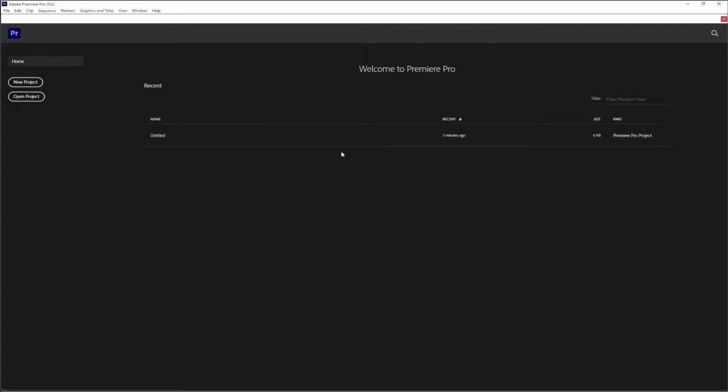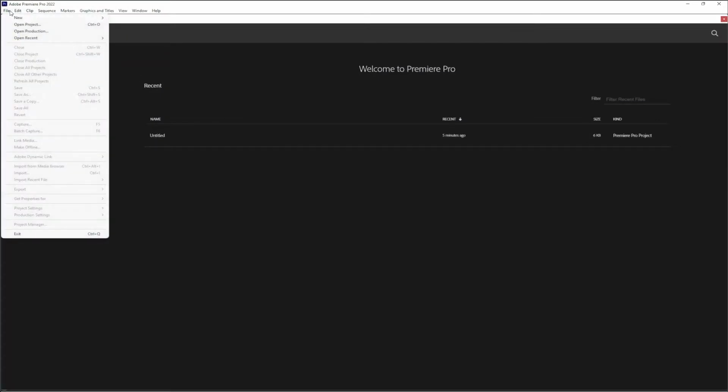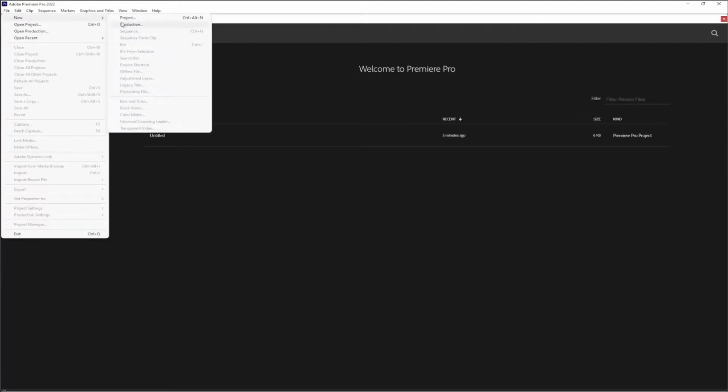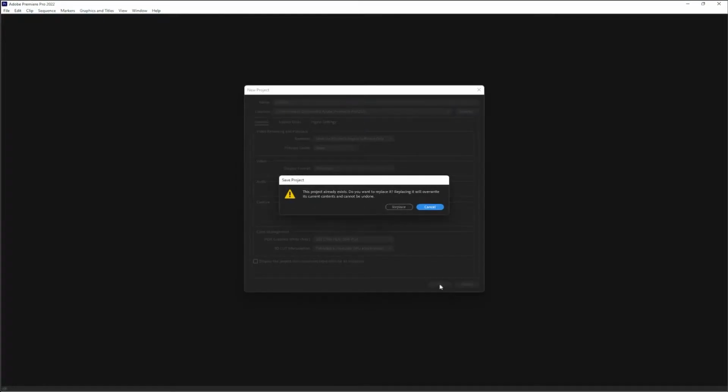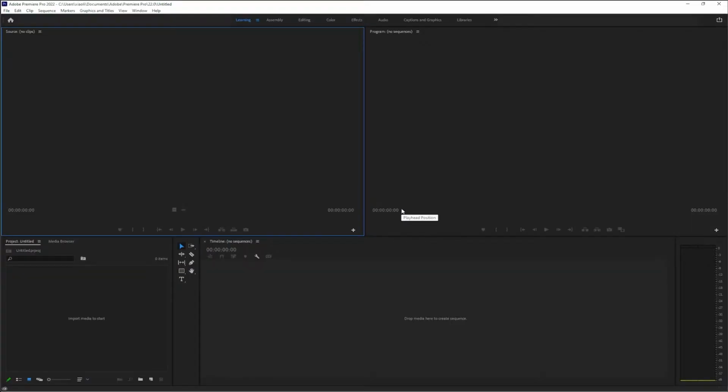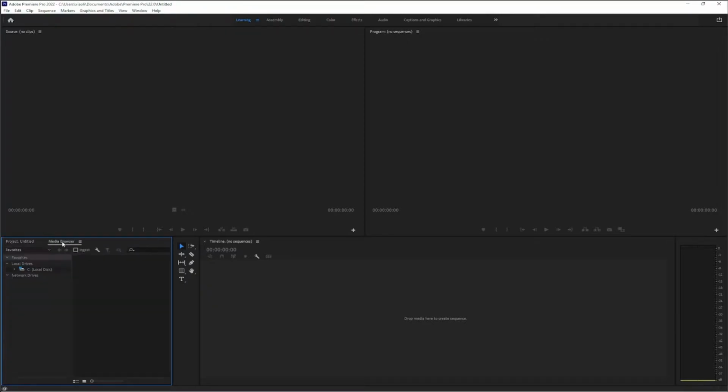Create a new sequence. Settings remain default. Overwrite existing project files. The project panel or the media browser panel allows importing material. If you are not familiar with the operation, you can watch Xiaoli's previous videos.